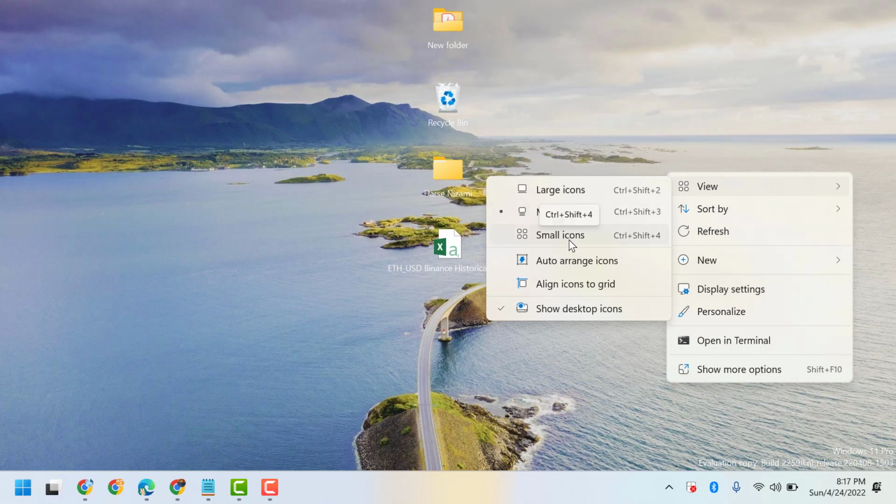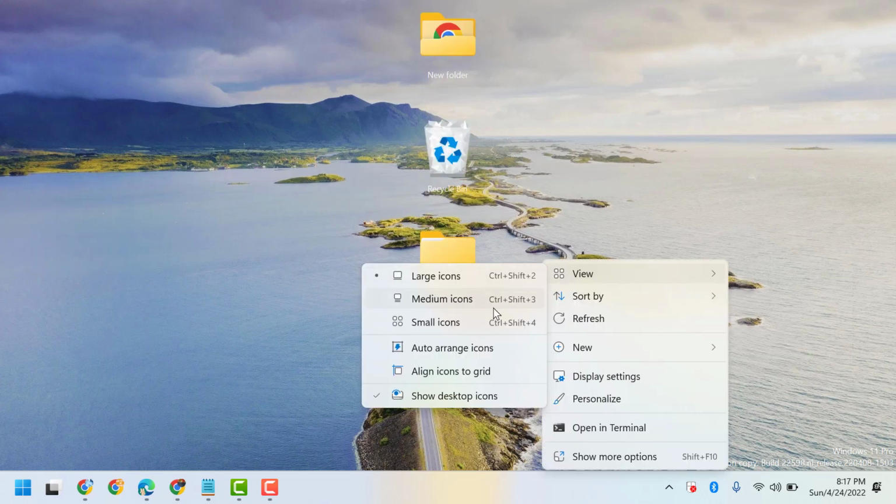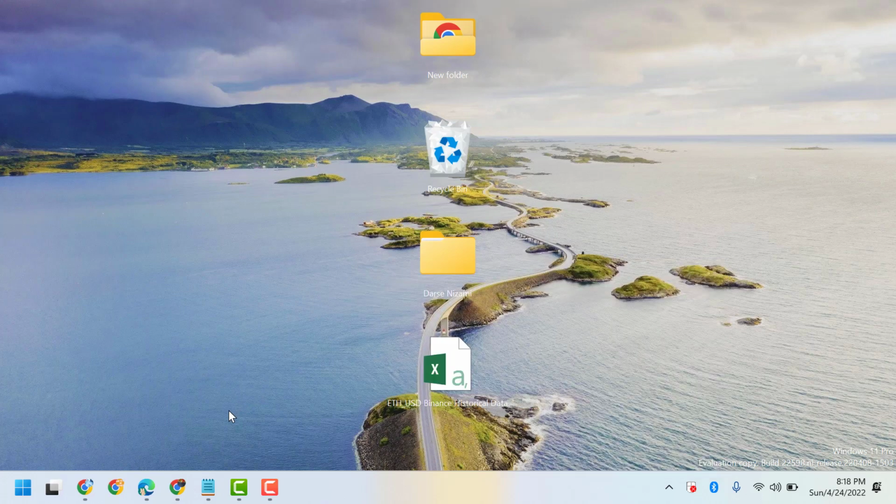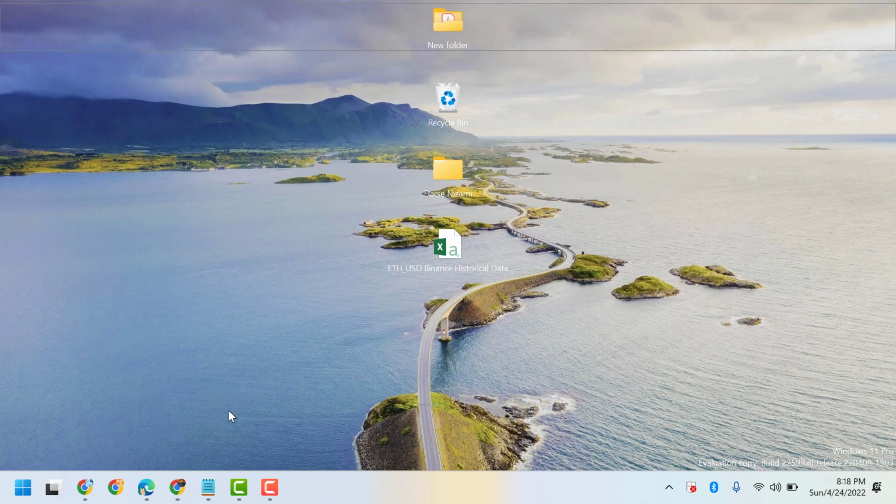like medium or small icons. And also, you can use the shortcut Control plus Shift plus 4 to make small icons, Control plus Shift plus 3 to make medium icons, and Control plus Shift plus 2 for large icons, like this. Control Shift 2, 3 and 4 to make them smaller